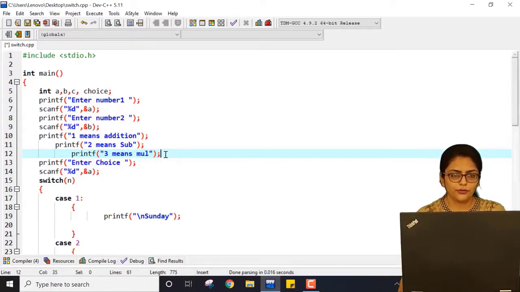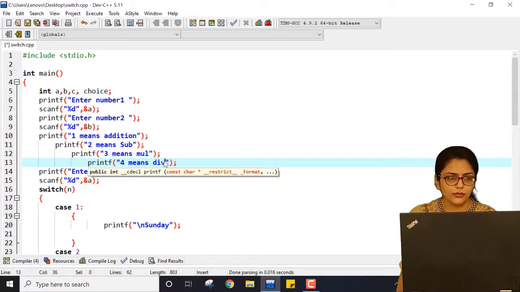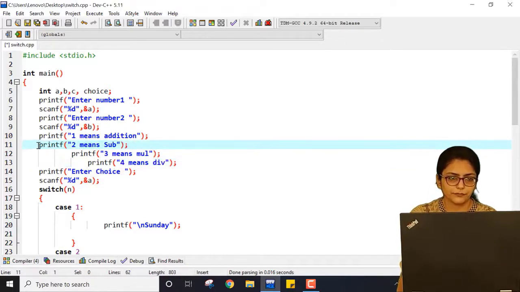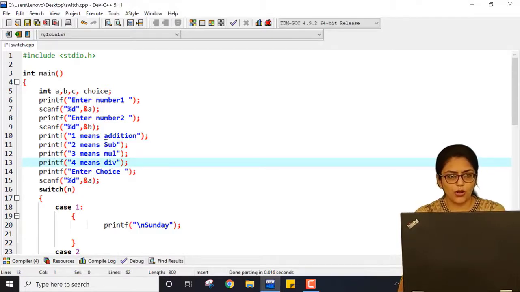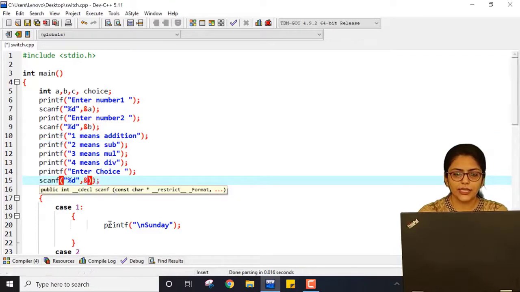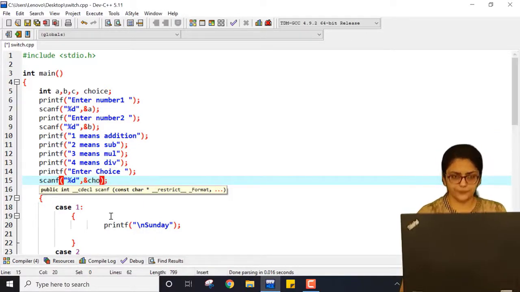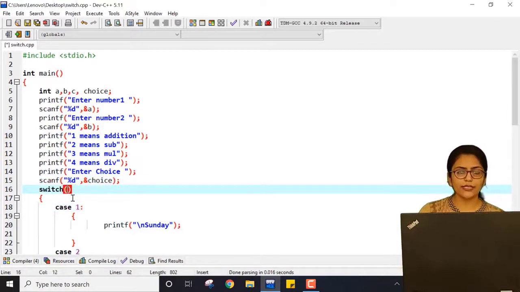And 4 means division, right? Here, let me repeat: enter your choice, and in place of this choice, I am writing choice. Now, instead of the earlier value, I have to write choice here, because according to my choice, I am performing an expression.